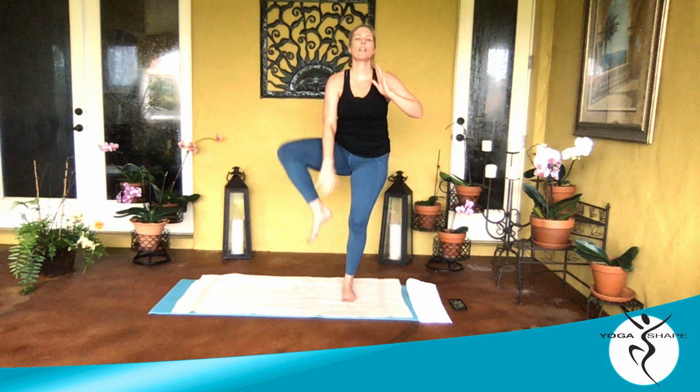Clasp your hands down in your heart center. Let's shift your weight to one side. Let's pick up this foot. Place the palm of this foot on your calf, or pick it all the way up and place it in